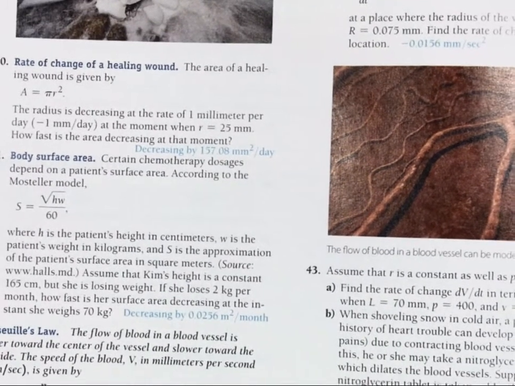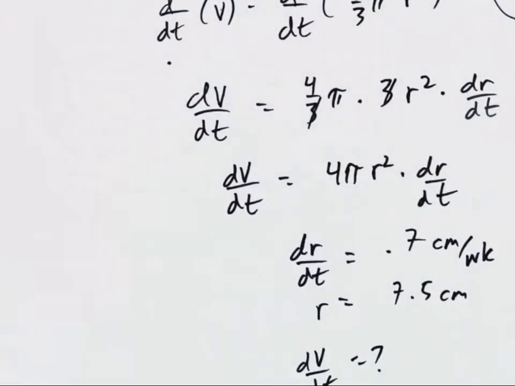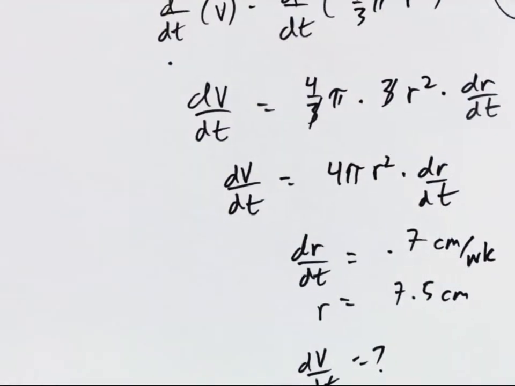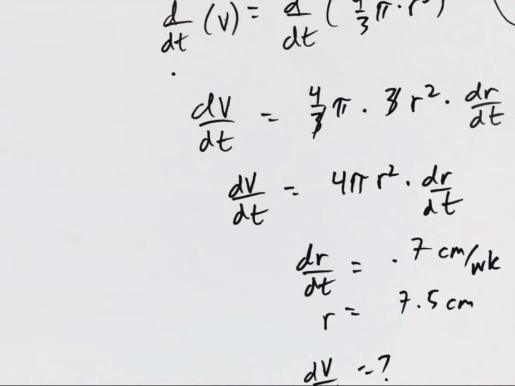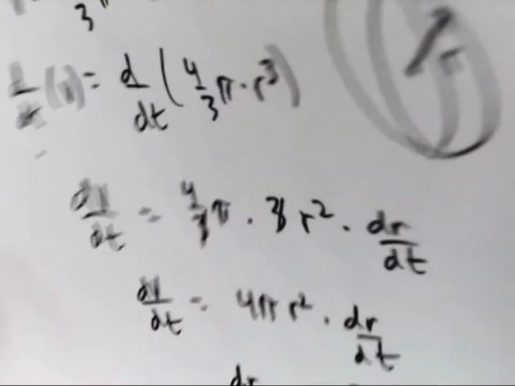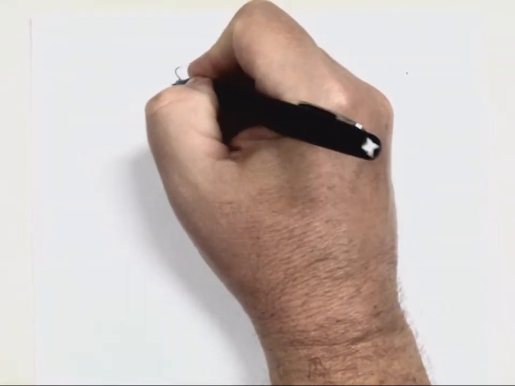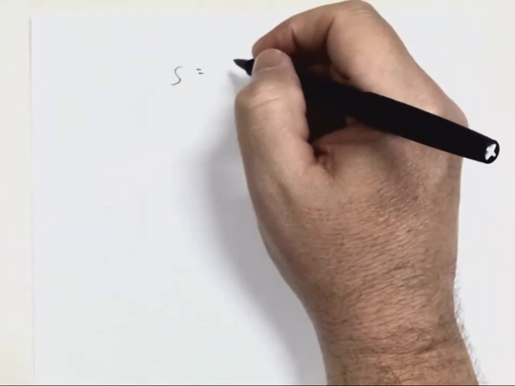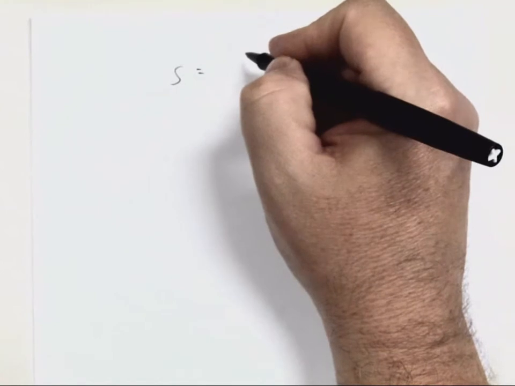So before we read too much into the problem, since they've given us an equation, a lot of times you can just take that equation and take the derivative of both sides with respect to time, and then once you do that, you can go back and figure out what's going on. So let me write down the original equation. And usually when I write this equation down, I'll make little notes of what each of the variables represents.